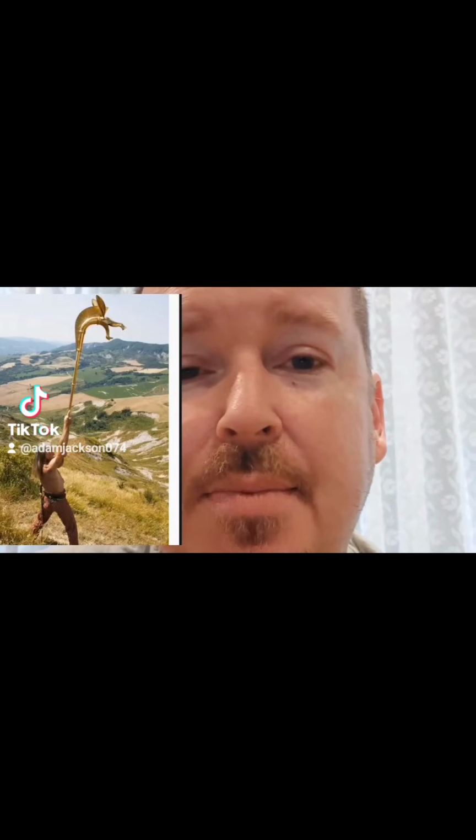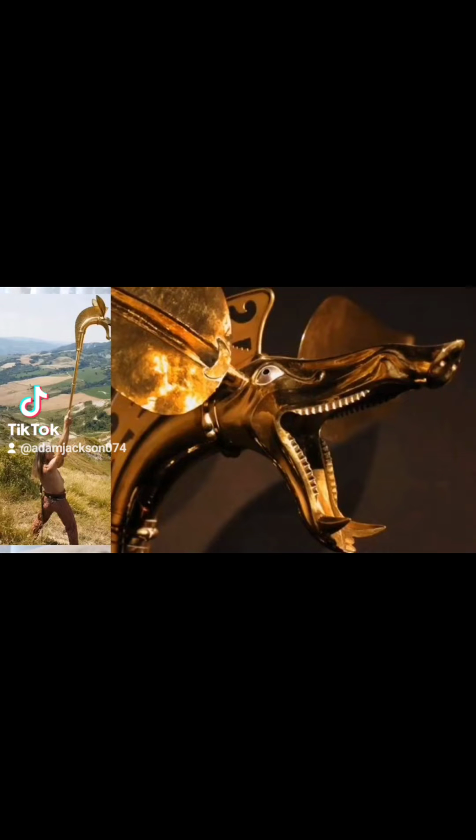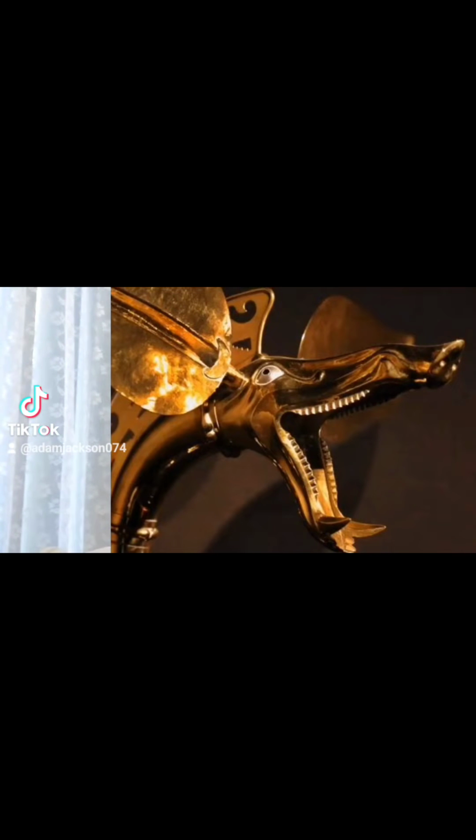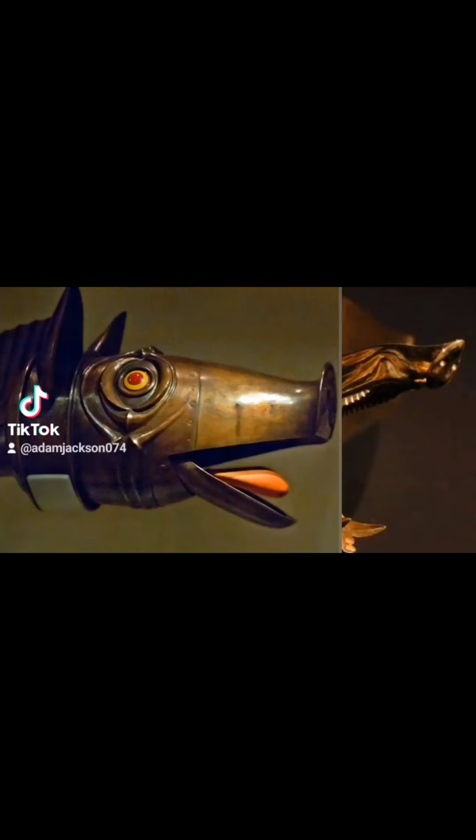So the Celtic Carnyx is a war horn, a brass war horn used by the Celtic people 200 years before Christ up until 200 years after, so around that era. It's a very, very large sort of brass S-shaped instrument. Up the top where the sound is projected from, the horn, that's actually a boar's head, and it has a